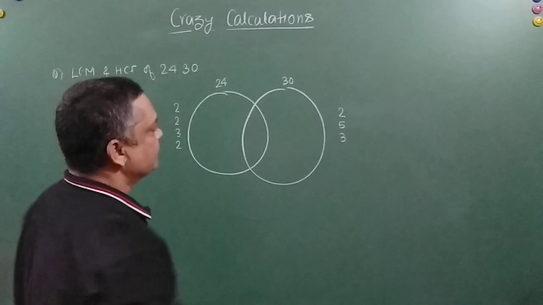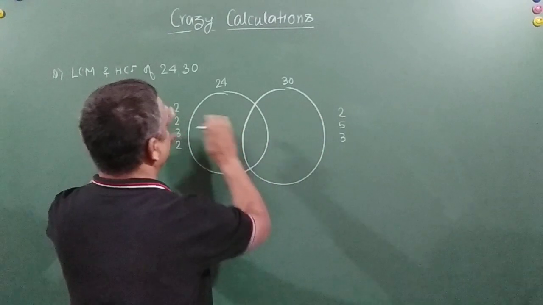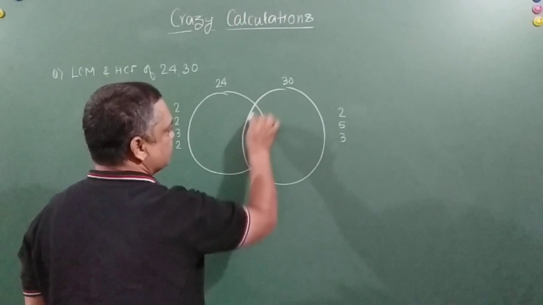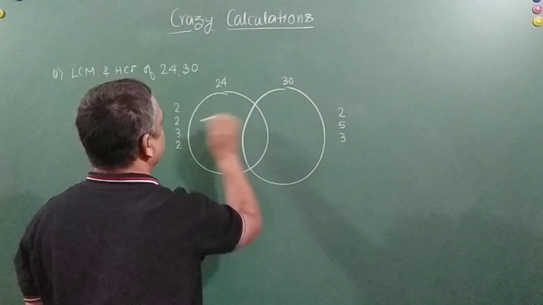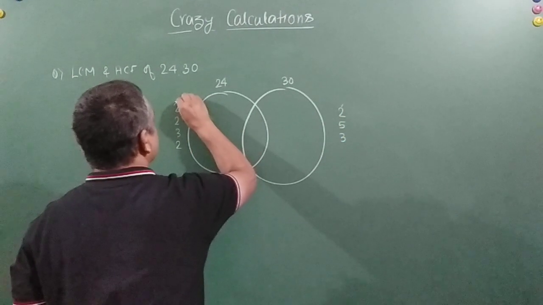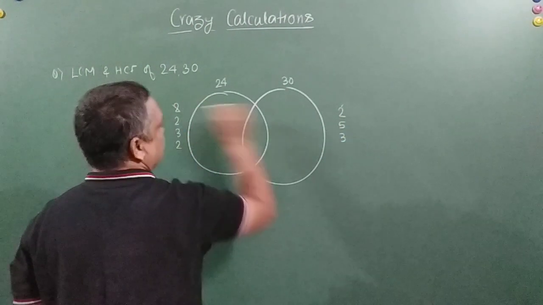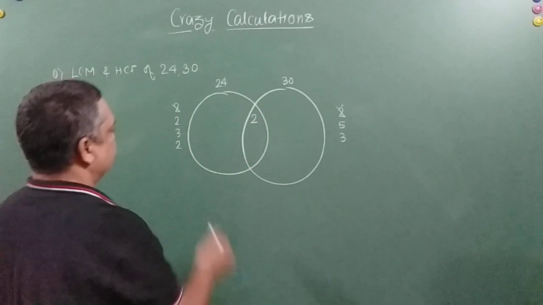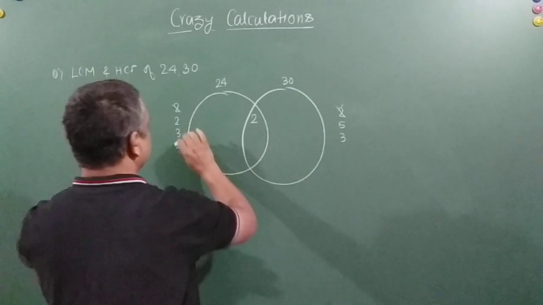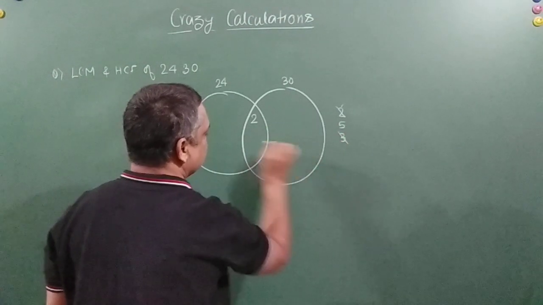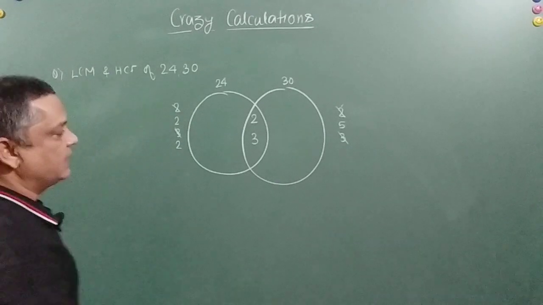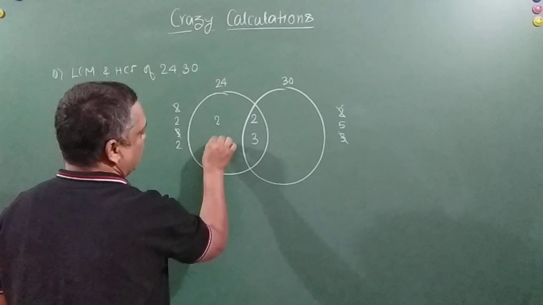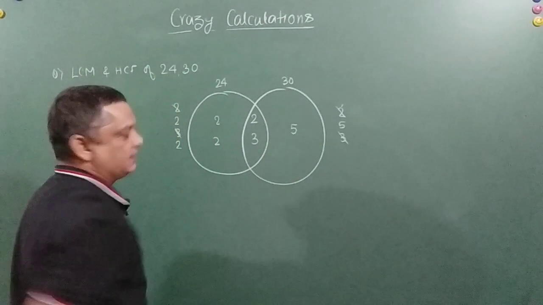Now whatever is common in them, that is this and this, we write in the common place, that is the intersection of the two circles, here. Let's say this is common, so we will cancel it and write it here. Next step, again if there is something common, 3 and 3, we will cancel this and that also and write it here, correct. Now we are left with 2 and 2 and 5, so nothing is common. So 2 and 2 come here and 5 comes here, like this.